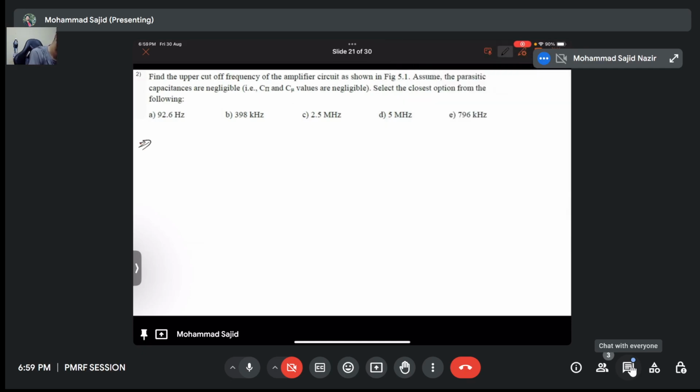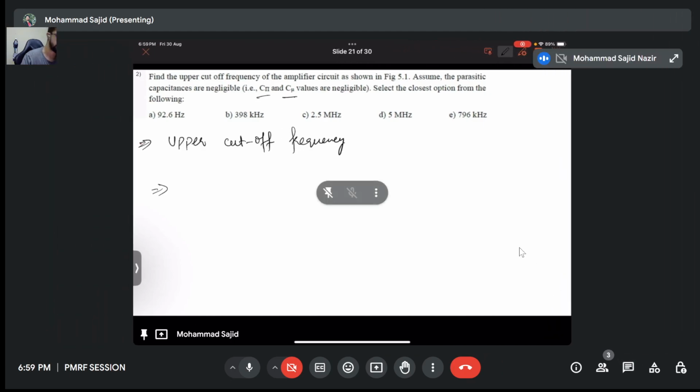Upper cutoff frequency. Find the upper cutoff frequency of the amplifier as shown in the figure, and that is the same figure. Assume the parasitic capacitances are negligible, that is C pi and C mu, we need to ignore them. We need to find the upper cutoff frequency. Okay, let me just draw the circuit. For the upper cutoff frequencies, those load capacitance, okay? So this will be your